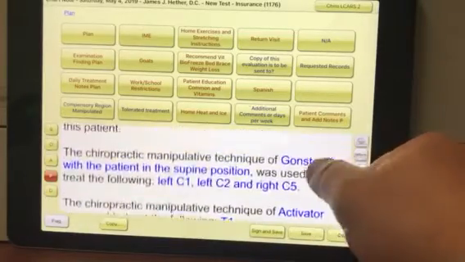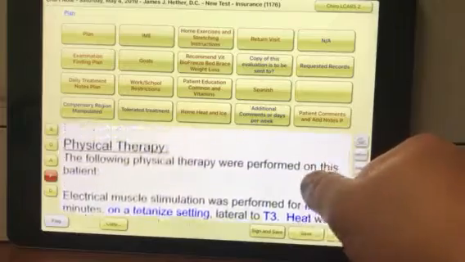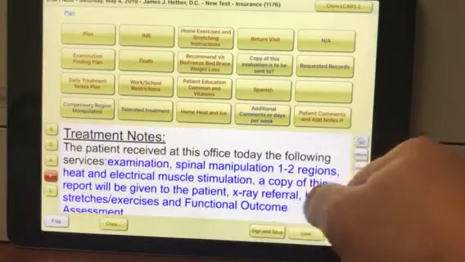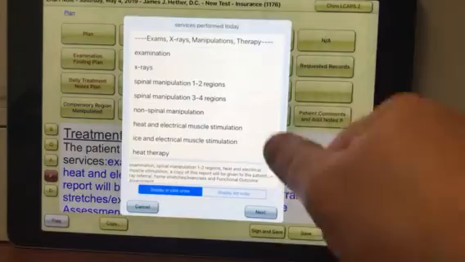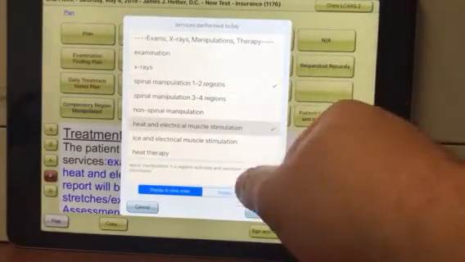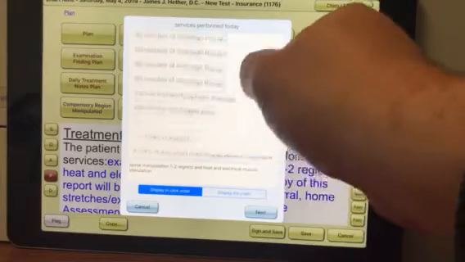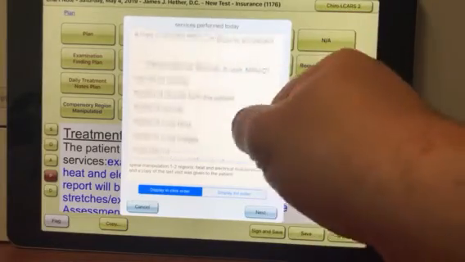Keep what you did as far as the adjustments. Keep the physical therapy. Keep your treatment notes, what you physically did. So let's say day 2 comes along, and again, you did a muscle stim, you did adjustment, you gave him a copy of his notes so that he has a copy of it, and